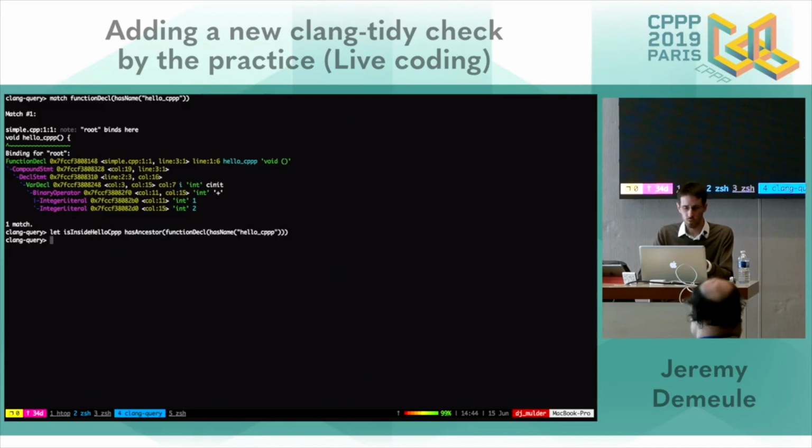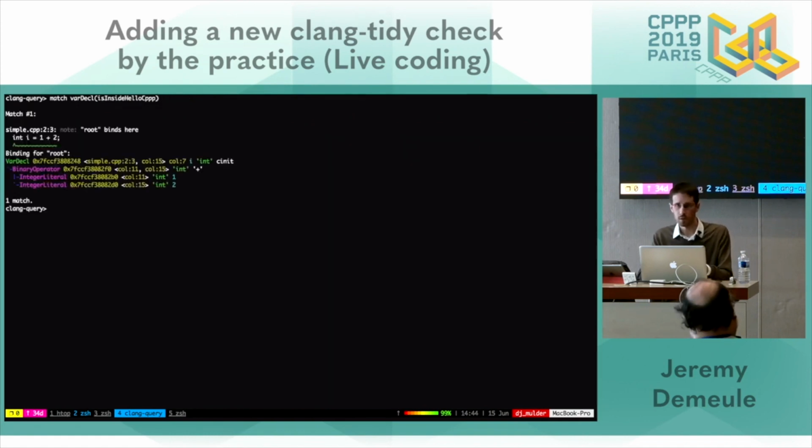So to match any variable declared inside hello.cpp, I can put varDecl isInsideHello, and I find it again.